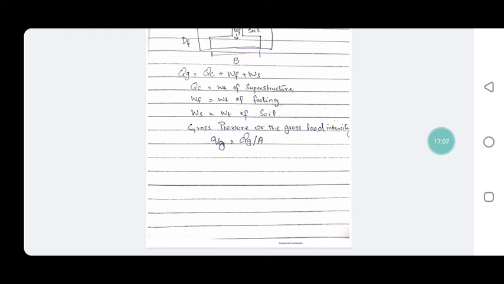Then we discussed factors which affect the design of foundations. Number one factor is the type of strata, second is type of superstructure, and so on. Then we discussed the types of tests which we use to collect samples of soil, and in the end we discussed gross loading, type of gross loading, and gross pressure.